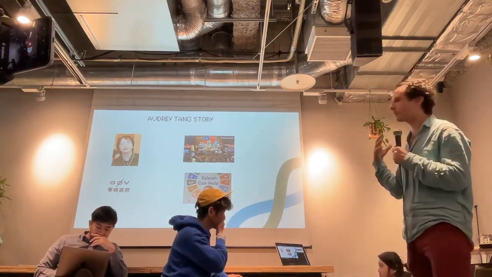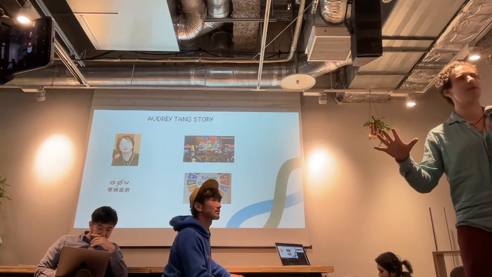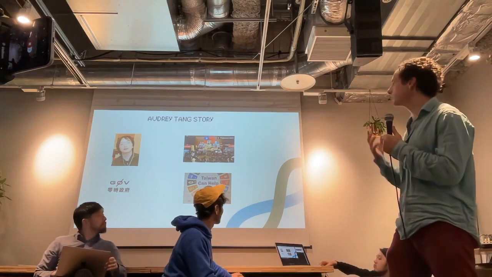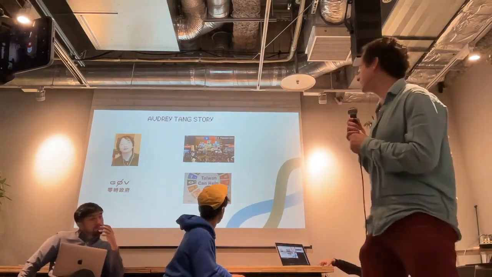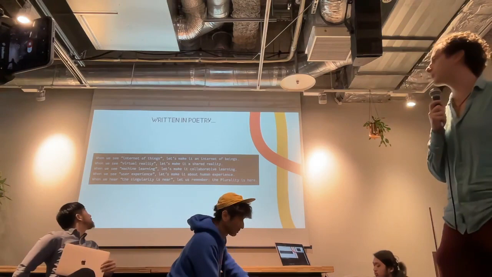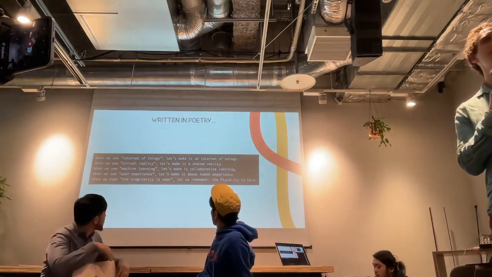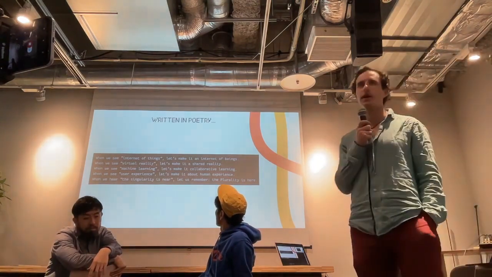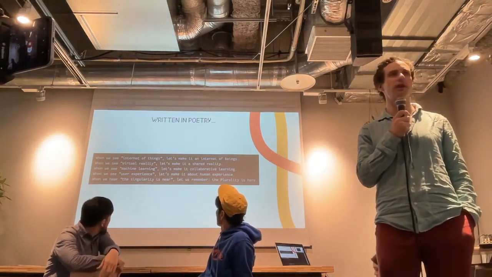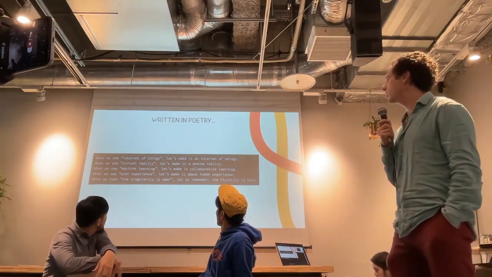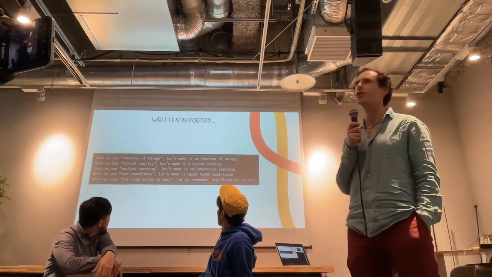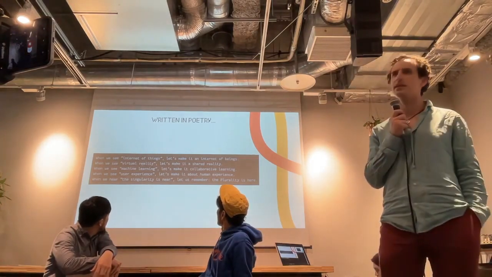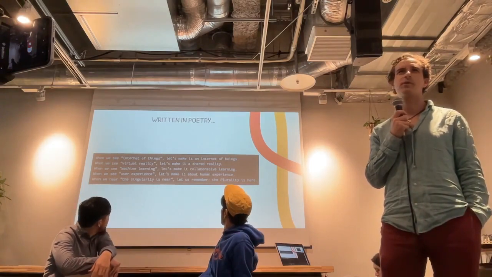Now, obviously, she's been working very hard on the ground doing these things. And she's also tried to articulate them. Next slide. But she articulates more in poetry than in prose. So this is her job description. She wrote for herself: when we see the Internet of Things, let's make it an Internet of Beings. When we see virtual reality, let's make it a shared reality. When we see machine learning, let's make it collaborative learning. When we see user experience, let's make it about the human experience. And whenever we hear that the singularity is near, let us remember the plurality is here.